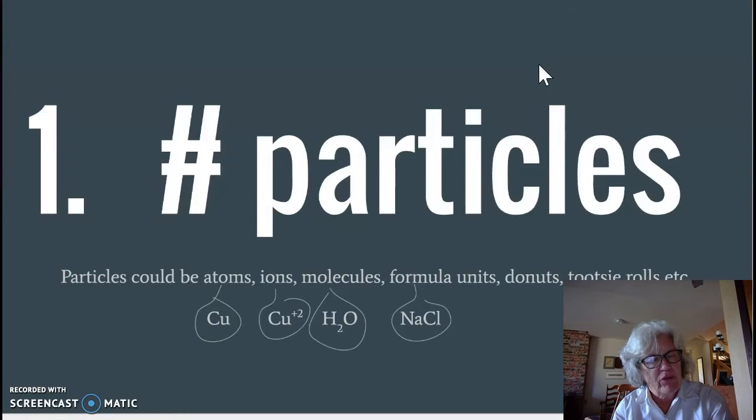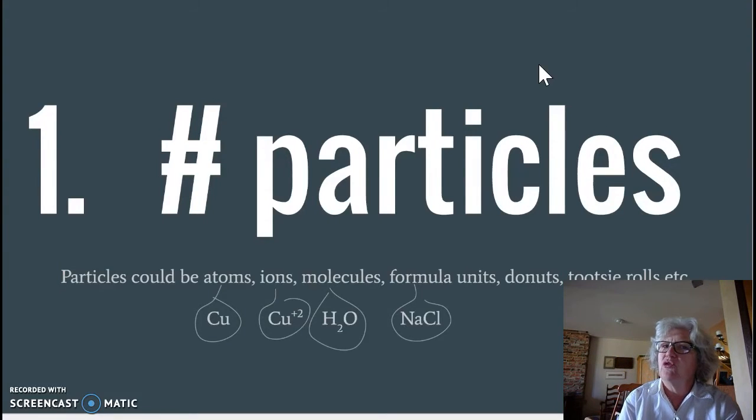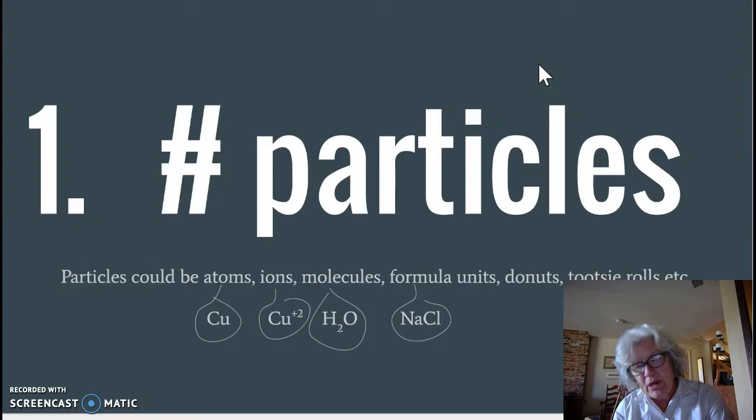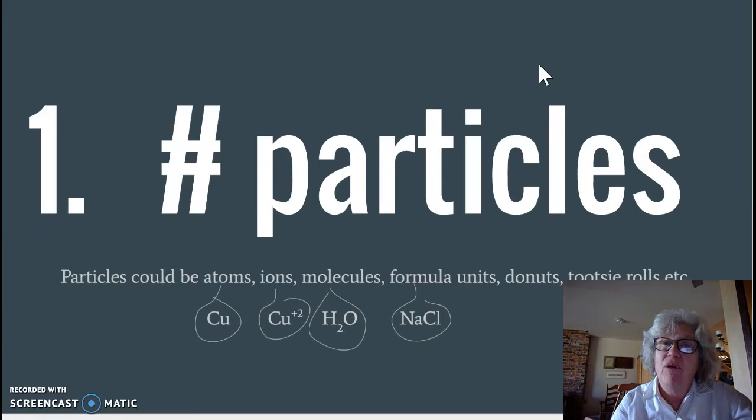And the particle, now what do I mean by particles? Well, a particle could be atoms, like if we're talking about copper. Could be ions, if we're talking about copper ions or sodium ions. If we're talking about molecules like H2O, then a mole has a certain number of particles in it. Or formula units if we're talking about ionic compounds. You could even have a mole of donuts or Tootsie Rolls, although that would be an awful large amount, because